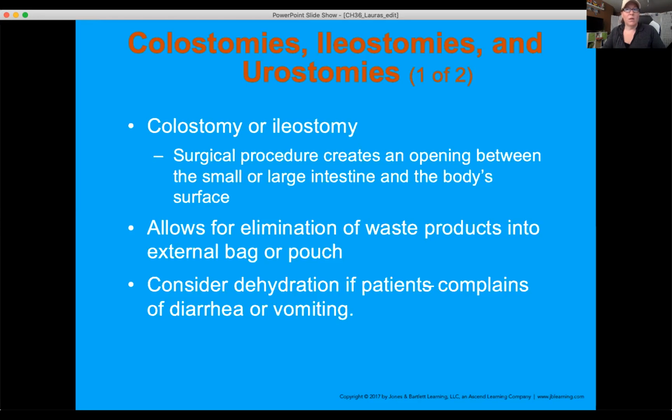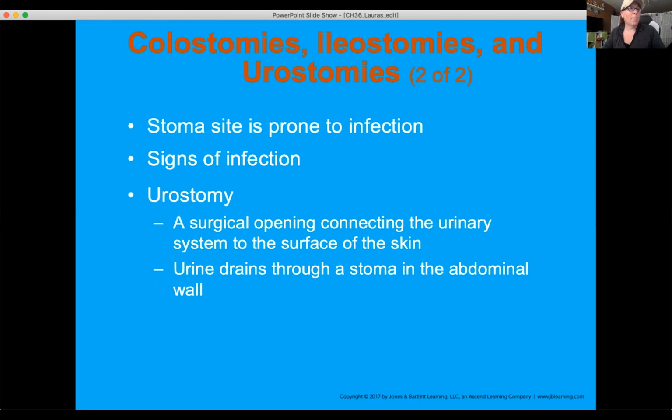The bags can become dislodged, which creates a mess in the back. The patient can also become severely dehydrated, depending on where that ostomy is at. And they can get infected around the stoma. You think about it, it's bile and icky stuff, stool that's passing out of that bag, and it's coming in contact with the outside skin. So there's a lot of cleaning that goes into making sure that those stay clean and stay healthy, so that the skin and the tissue around it doesn't start breaking down.